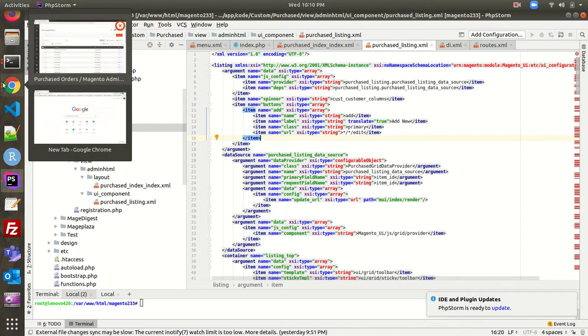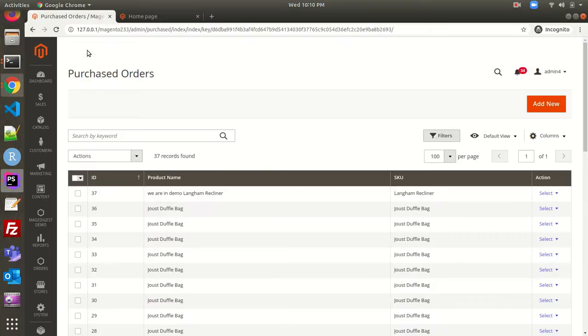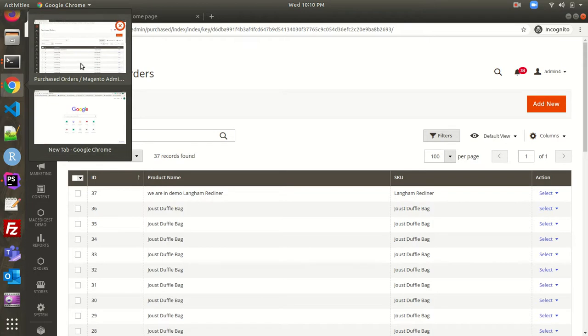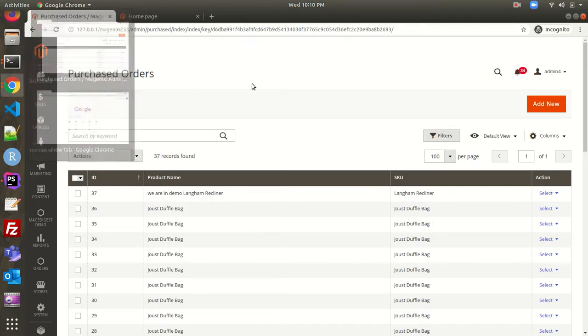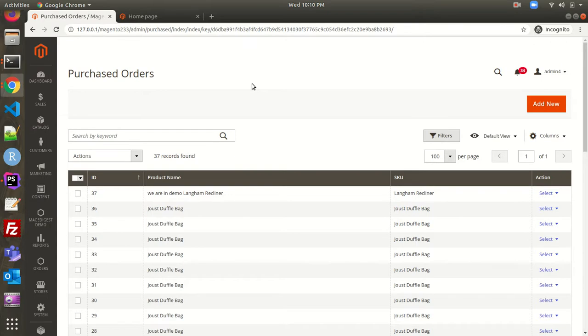If you go to this grid and click on this, see, this is the add new button over here. That means whenever you click on that button, a new page or new data entry can be opened up. You can create any number of buttons over here, each having its own action. You can modify this part according to your own use. Now coming to the grid.